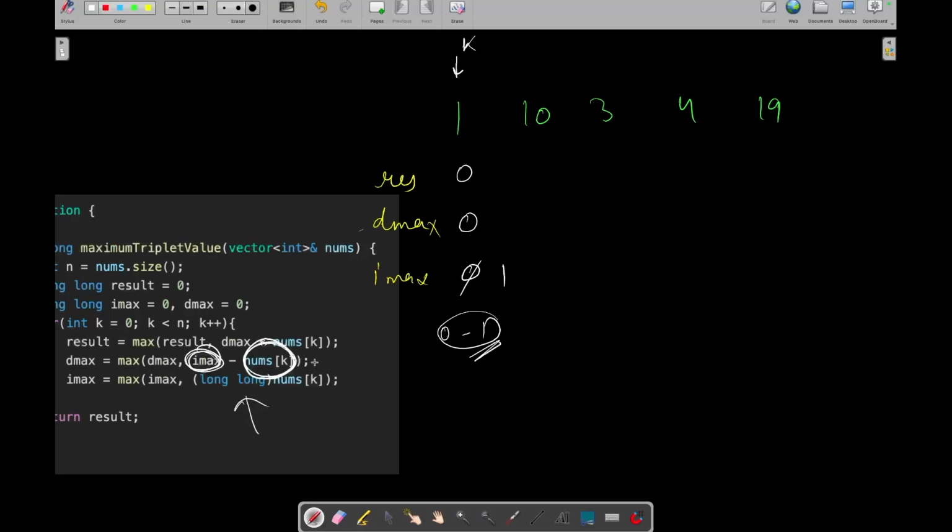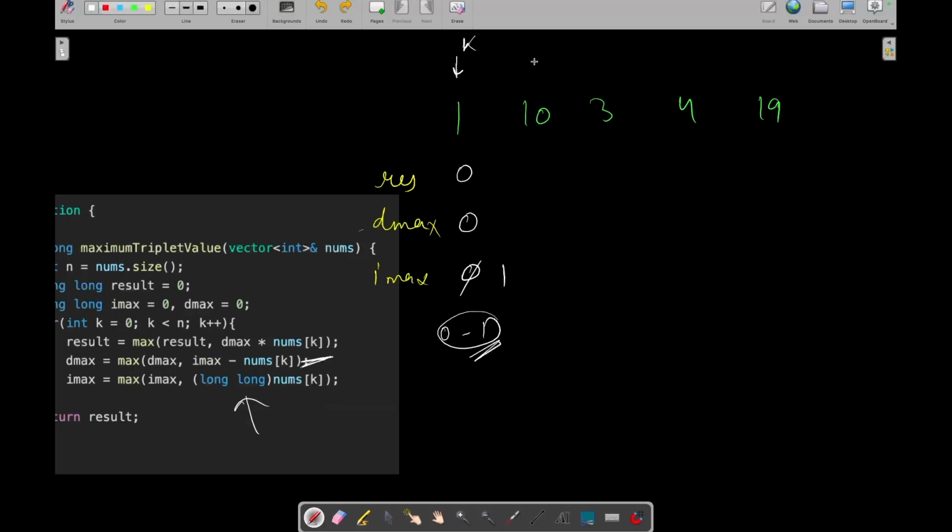That's why we are updating this difference max with these values, and we are updating imax with the maximum of nums of k because this nums of k is going to be the nums of I for the next to next iteration. Like for the next iteration it is going to be nums of j, for the next to next iteration it is going to be nums of I. So that's why we are updating them in this way.